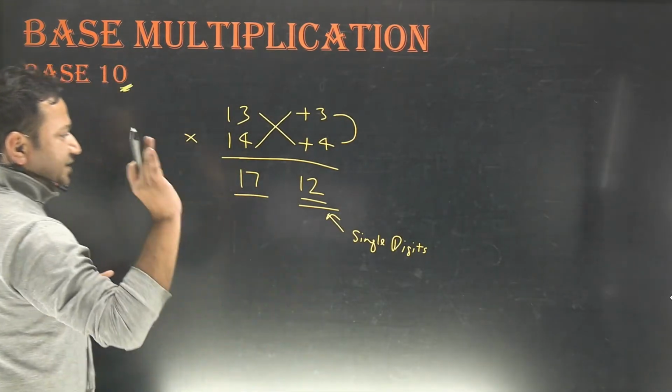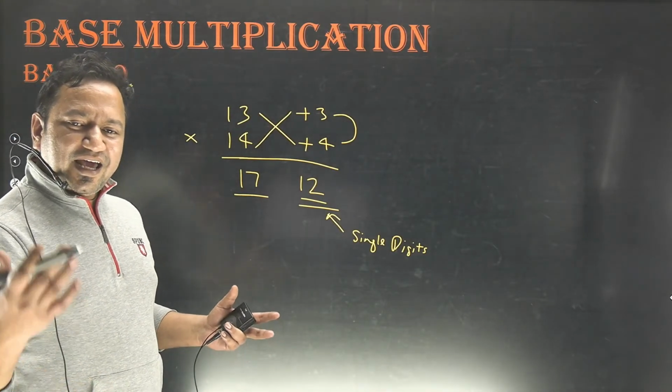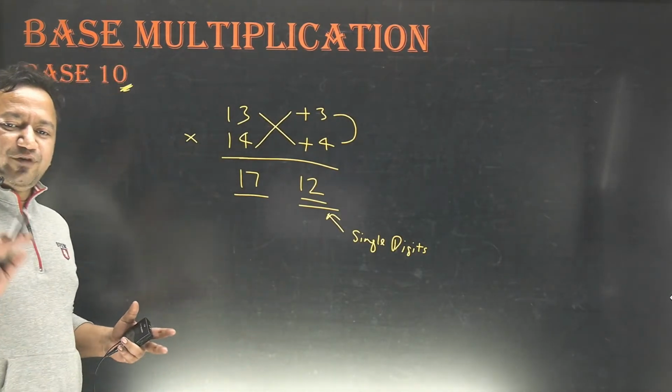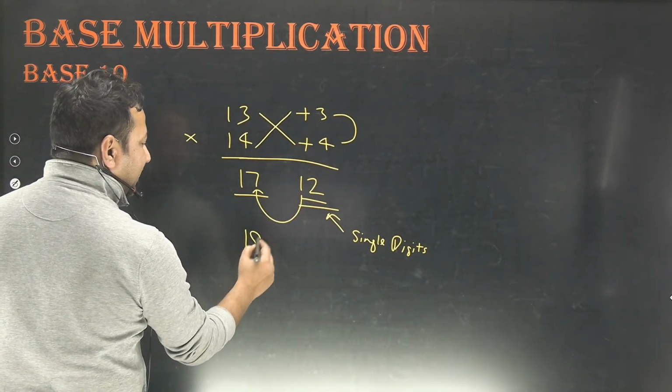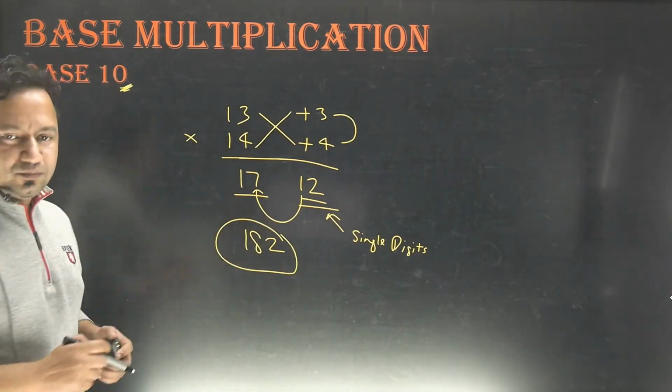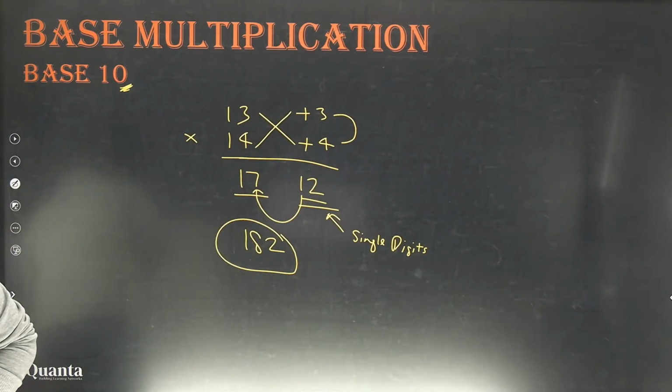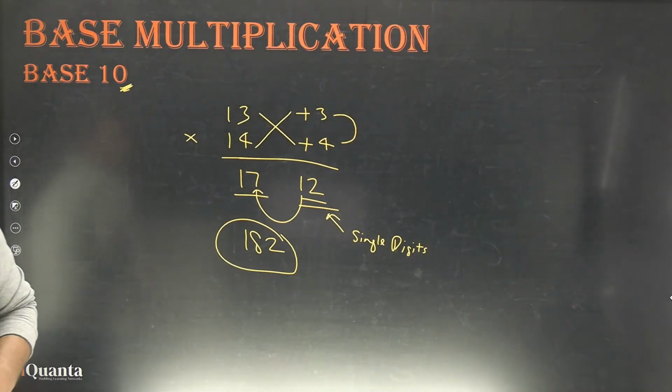So when there is more than one digit, what needs to be done? Carry forward. Perfect, Prabhakar, Pranav, very good. Just need to carry it forward. 1 goes here, 17 plus 1 becomes 18, and this 2 remains the way it is. The answer is 182. Got it? Great. Just like the previous methods. Keep on doing this whenever there's a question like that.